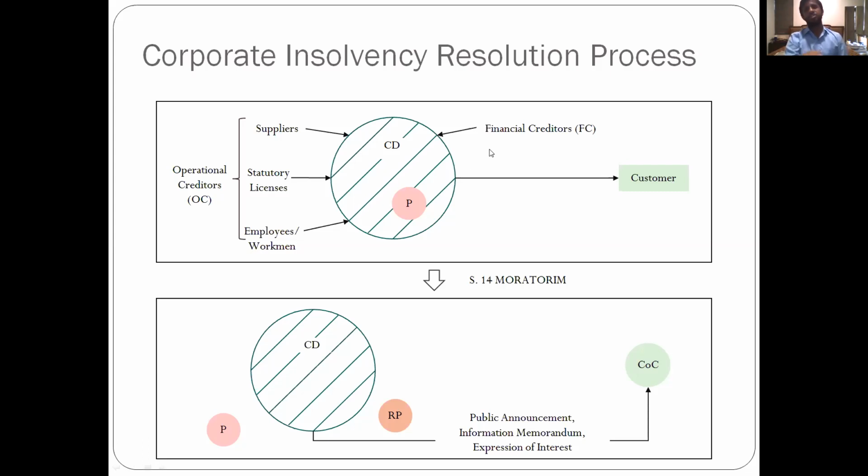A financial creditor is one of the most important agents in any company. Essentially, a financial creditor is a bank. It can be a financial institution. It can be an NBFC. There is a proper definition clause which the IBC provides for.